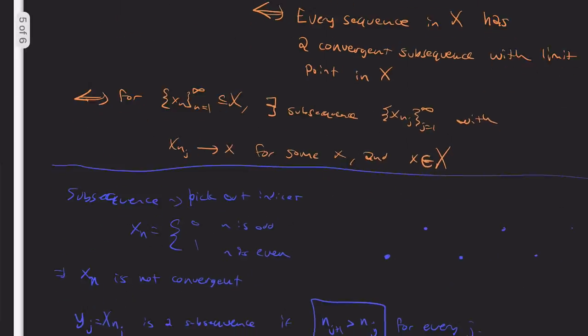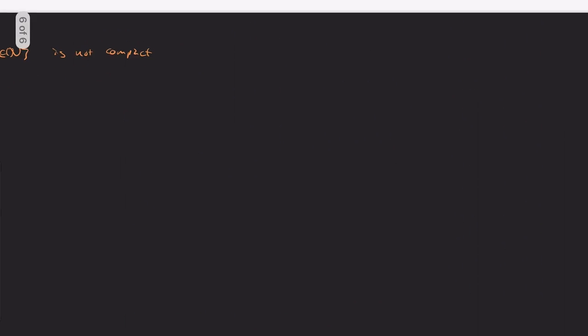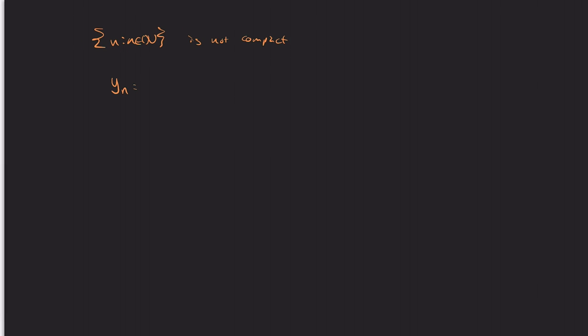And so this would tell us that the set of all n is not compact. It's another way to look at it. Also, it's clearly not closed and bounded. It's not bounded. And then if we return to this example where I said y_n is 0 for n odd, and it's n, just for consistency, for n even, this one does have a convergent subsequence.